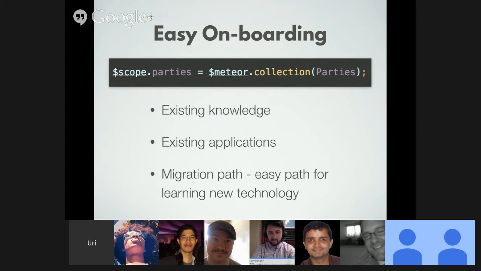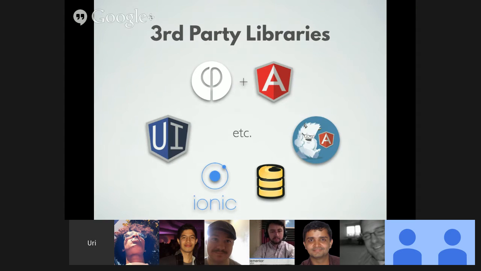And I'll talk more and show more code this time because I have more time. But because we integrate it as a $Meteor service, you can just inject it in your application, and everything else becomes really easy. You don't need to change anything else. You can still work with Bootstrap and UI Bootstrap, with UI Router, and with your existing applications and your existing third-party libraries,